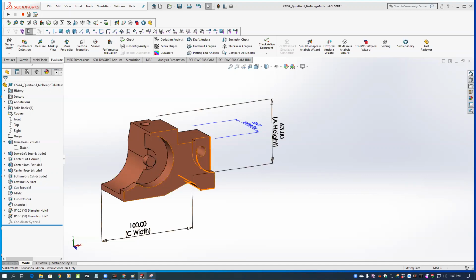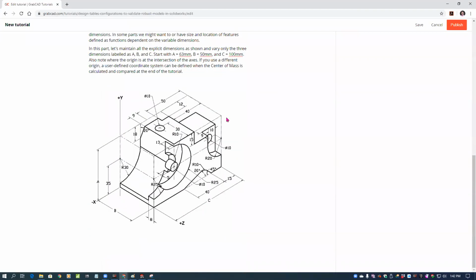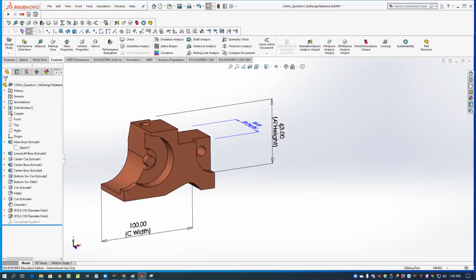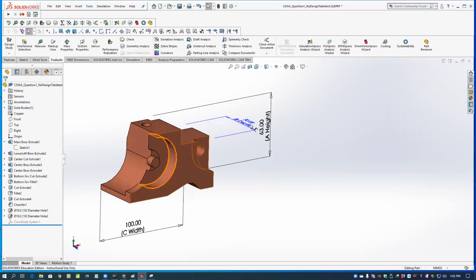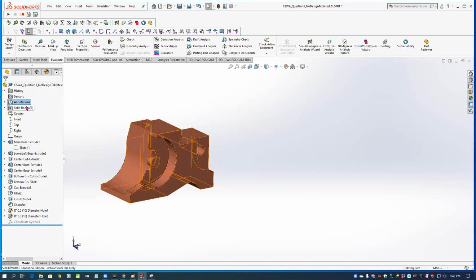So hopefully you can be able to get your model to this point of using this geometry here. The description there for this theoretical part is given in the handwritten portion of my tutorial. And you can get it to this point. And you can turn these annotations on here. When you turn yours on,